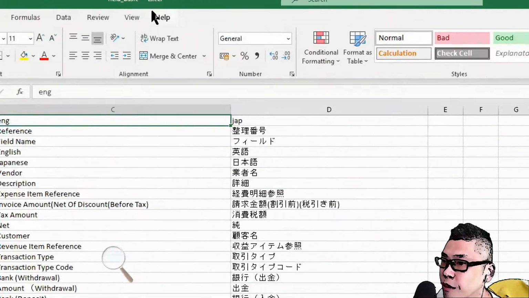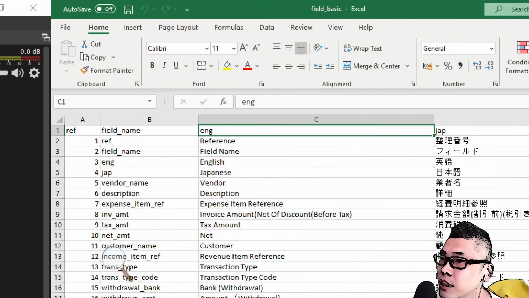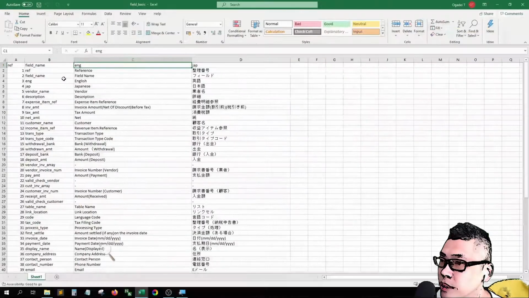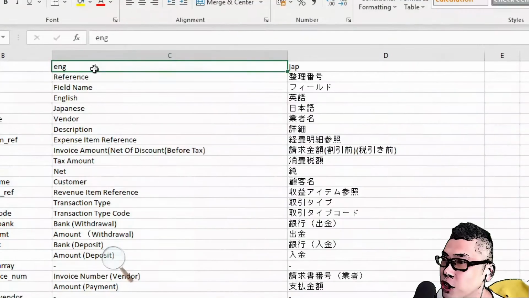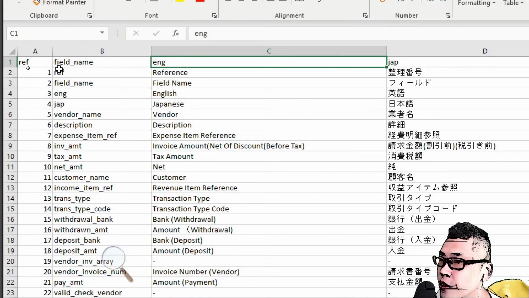Okay, this is the field basic file. Here you see English, Japanese, field name and reference, right?